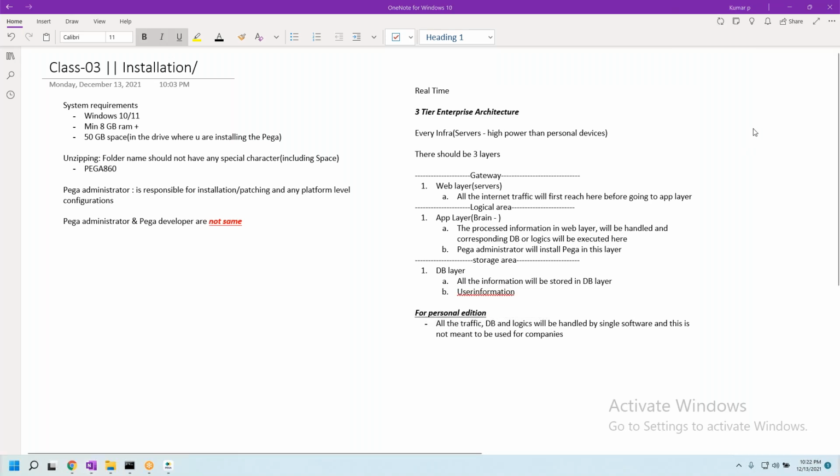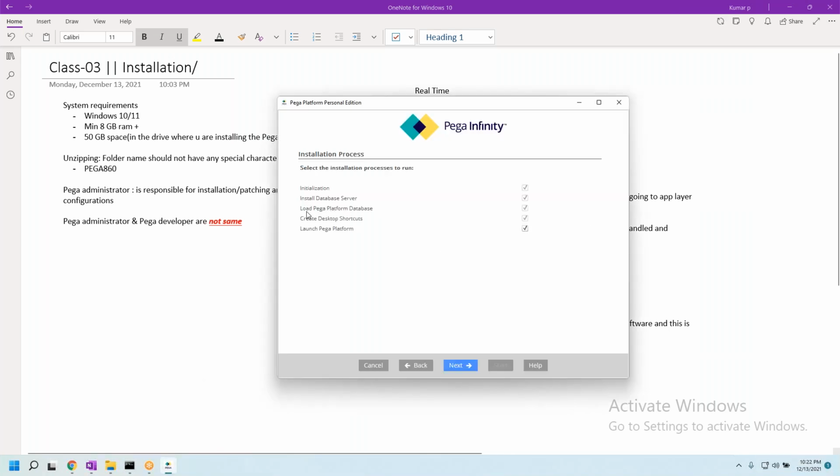Okay, so now let's continue with the installation. Here, if you see, load Pega platform from database.